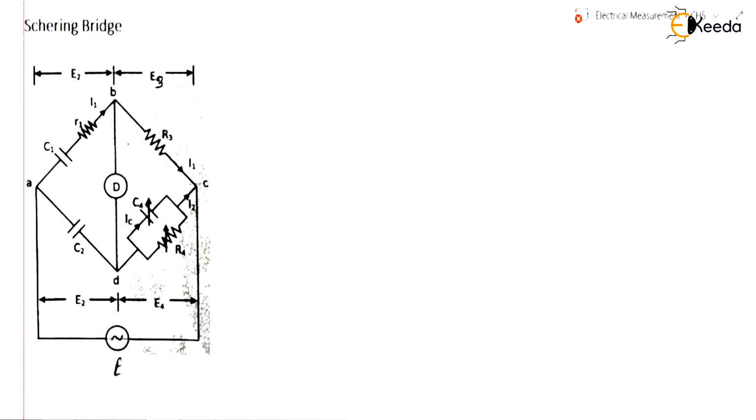So here we have a circuit diagram for the Schering bridge. Here it is a practical capacitor. At the end our task is to derive the expression for R1 and C1. Here it is C4 R4 in parallel, R3, and here it is C2. Now what is Z1? We can write Z1 is equal to R1 plus 1 upon j omega C1.